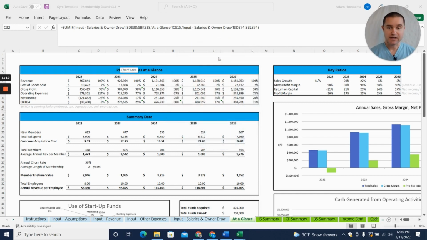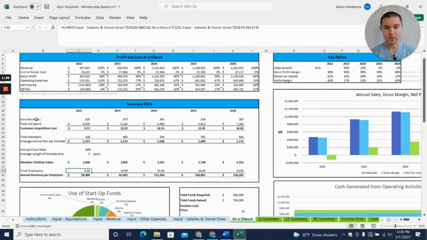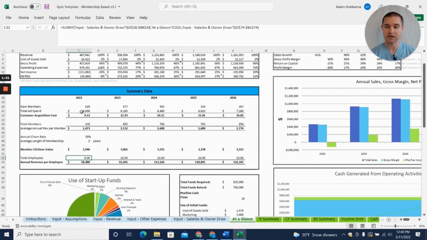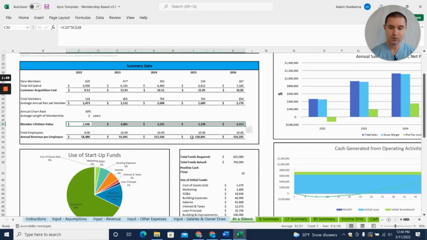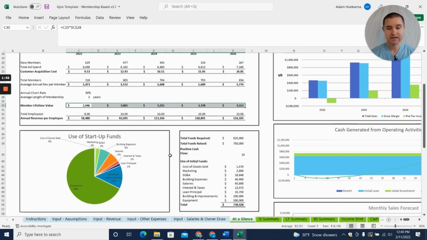So the first thing I want to show you is really starting here at the end. So this is our at a glance tab. And you can see your potential revenue here, projected revenue, some different graphs and tables. You can see some key performance indicators for your gym, like number of new members in a year, your total ad spend, cost to acquire a customer, and your total members, how many members you have, and what your churn rate is going to look like as well. You've got ongoing member lifetime value number here as well that's important to look at. So a lot of key numbers, as well as some startup graphs,